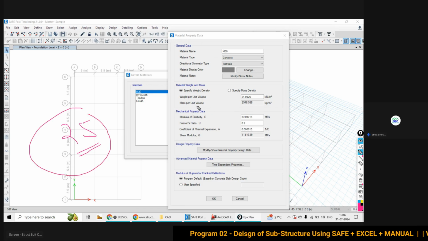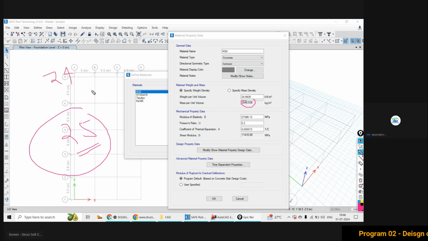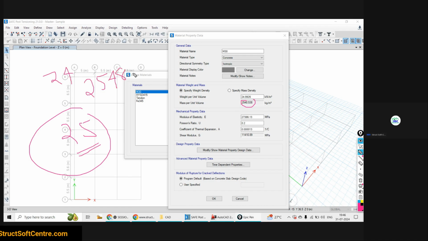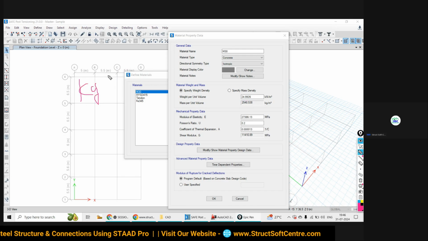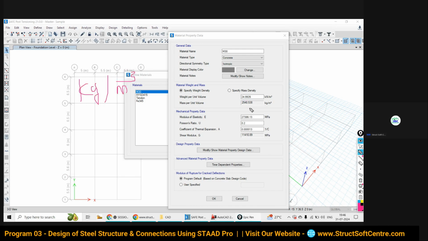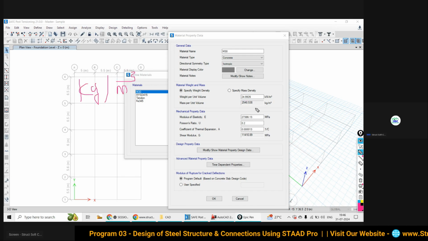Mass per unit volume in kg per meter cube is 2548.538.